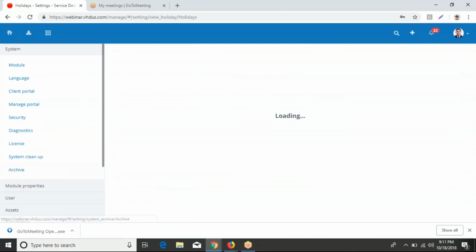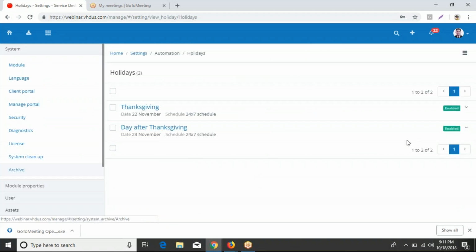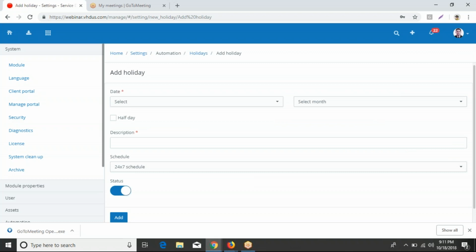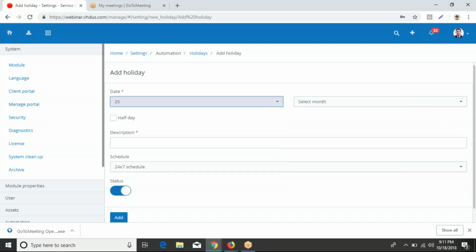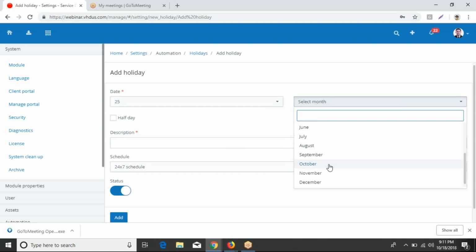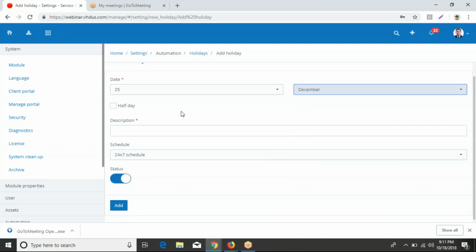Click on that module. Now here you can add different holidays. I want to add a holiday for Christmas Day. So first I need to define the date. I'll select the date when the holiday is going to fall, and select the month in which the holiday is. Here you can define the description,